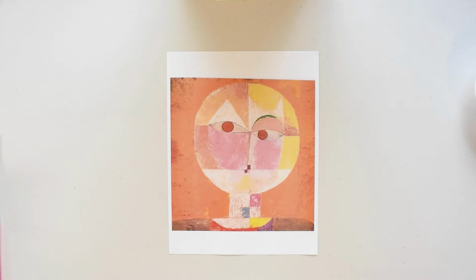So we're going to keep working on artists. Today we're going to talk about Paul Klee and this painting of his called Senecio, which is Latin for old man. All right, so I want to remind you that I don't really have formal art training or education,